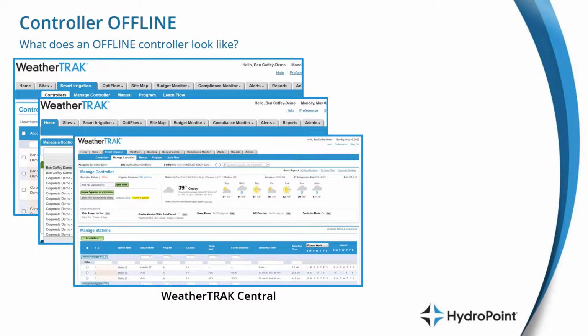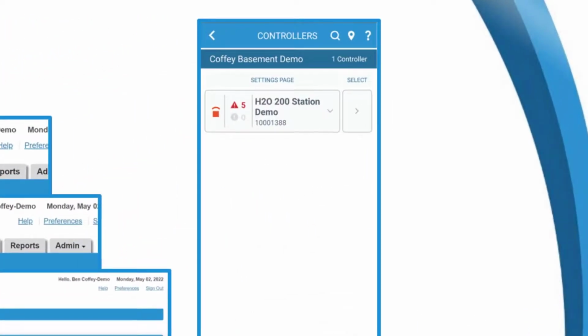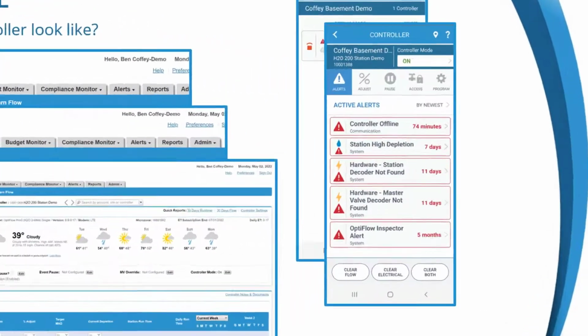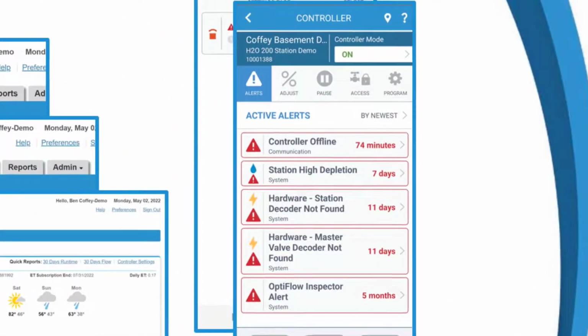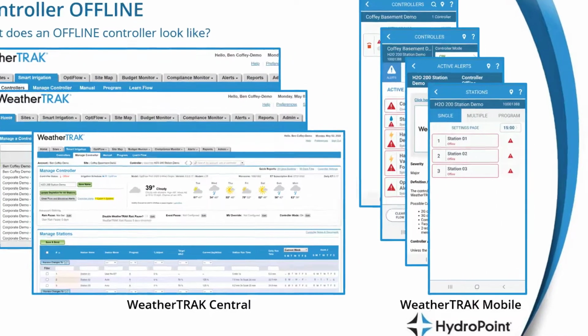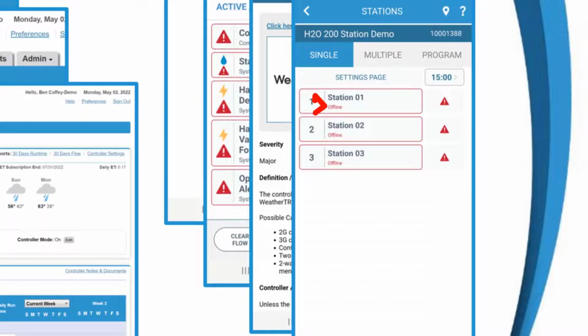That controller status is also available from WeatherTrack Mobile. Like here on the controllers page, where we see each controller listed out, we see the controller status as the first icon on that controller's bar. Or if we look at the alerts page, we can see how long a controller has been offline. We can drill into that alert and see the video explaining the offline alert and giving you some good troubleshooting information. And probably most obviously, you'll see that controller offline message on the manual page, and you won't be able